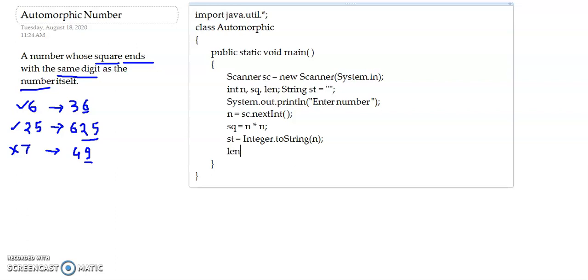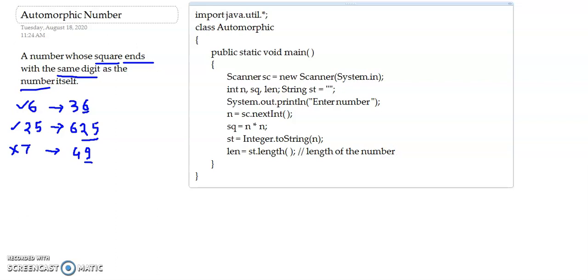So len equals st dot length. Length is the string function using which you can calculate the length of a string. Here it calculates the length of the number, or how many digits are present in this number.